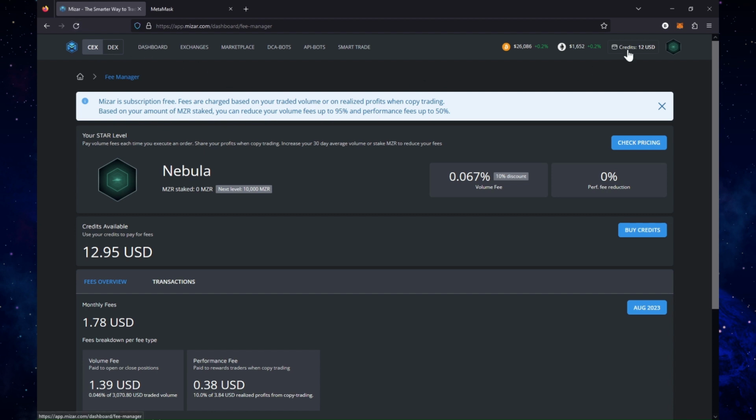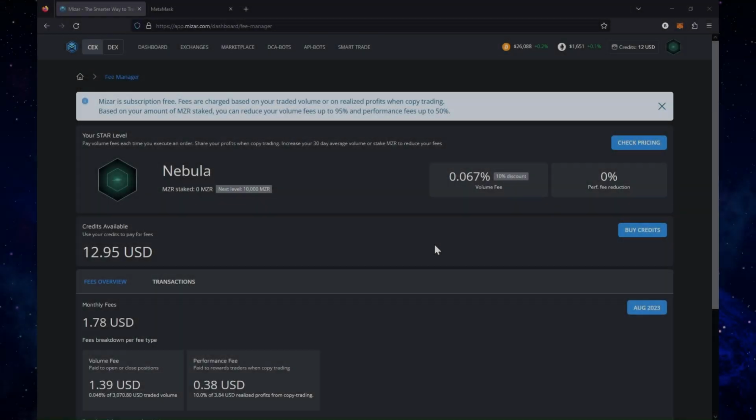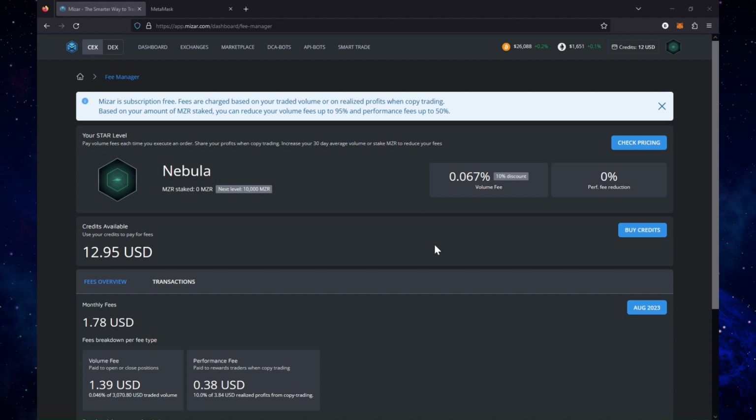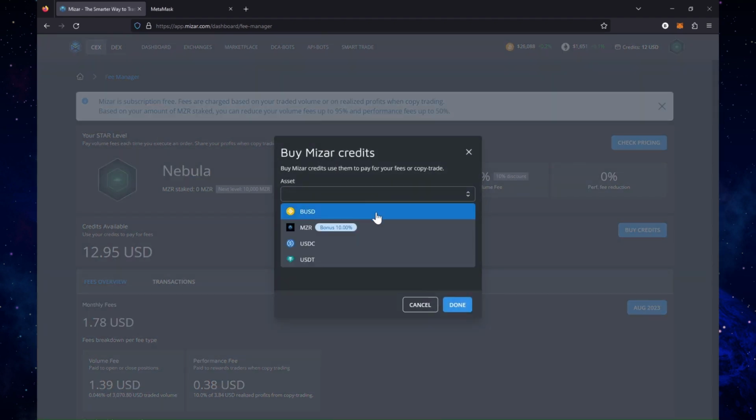So my credits is now $10 more. It's $12.95. So that was very fast. I'm very pleased. Once again, maybe just to point out, when you buy credits and you select USDT, for example,